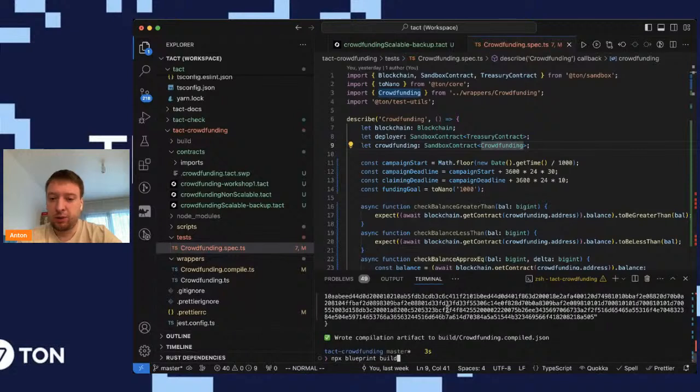And we generate this representation of the contract in this BOC format, which stands for bag of cells. A cell is a basic building block on the TON blockchain. It's like a piece of data, up to 1023 bits of data, and